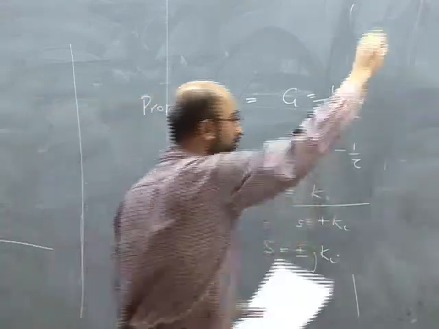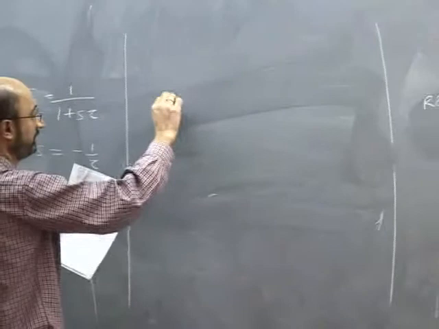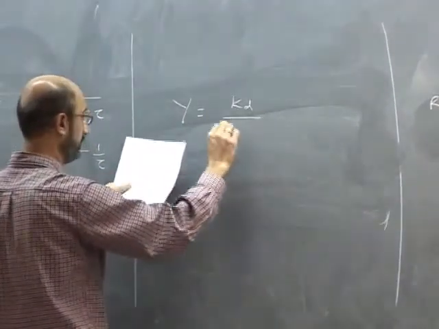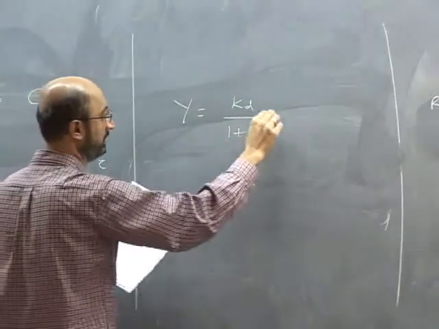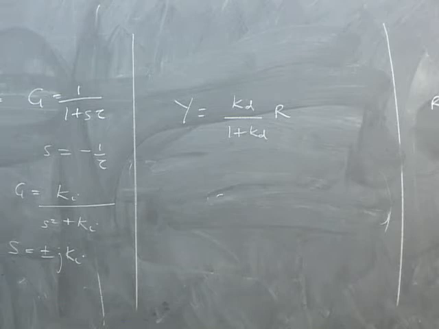For the derivative mode, the example actually has a mistake. So I said y equals kd over 1 plus kd r, and I said that the root is positive. Well, in this case, there's no s. Okay. There is no s. This y in this domain is basically